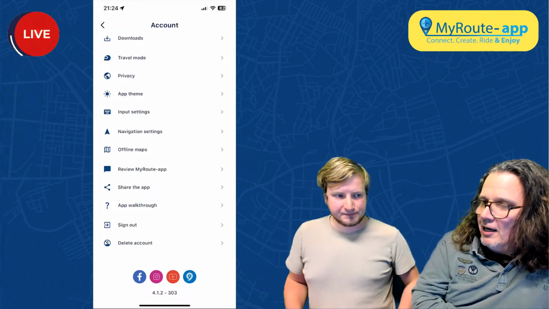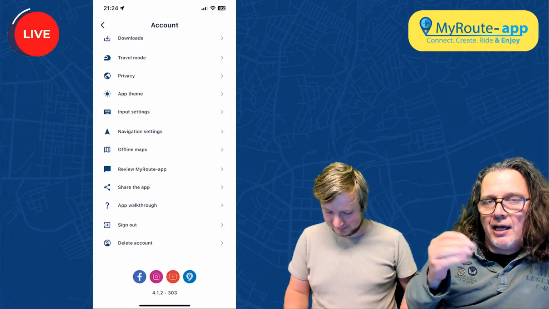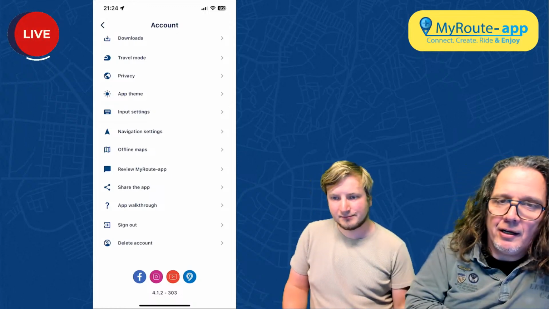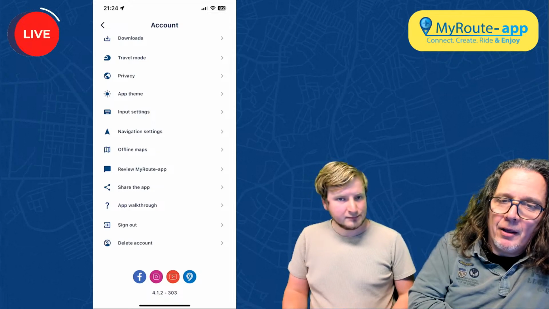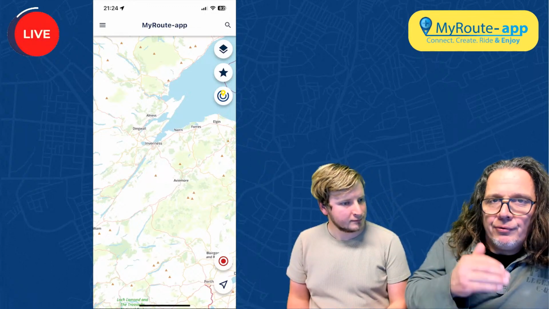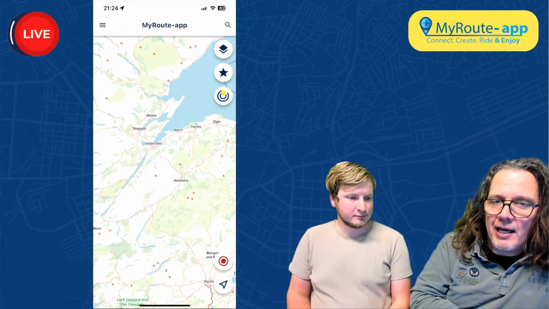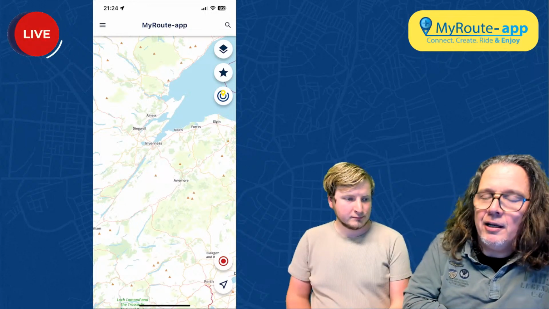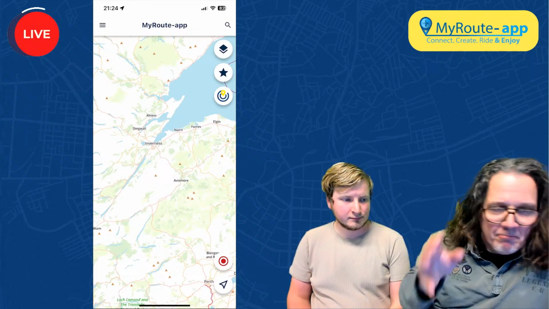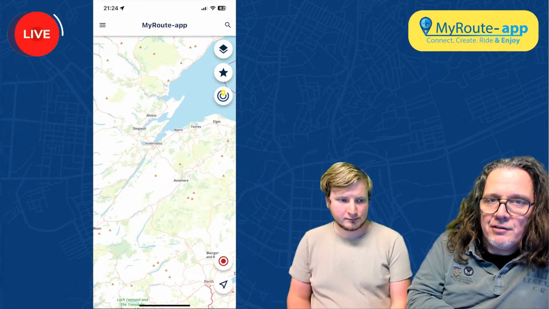Yeah, and the thing I like to impress on people is if you're new to using any app, and in this case MyRoute-app in particular, make some time on a Sunday afternoon when you are planning on riding anyway, and get familiarized with the app. Don't wait till you're on the German Autobahn and having to navigate to your next exit to go into the Black Forest or anything, but use something 50 kilometers around your house,